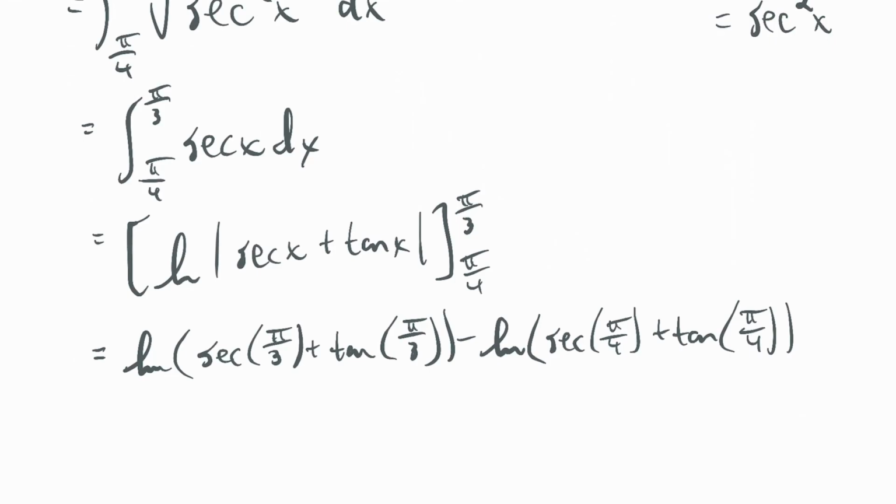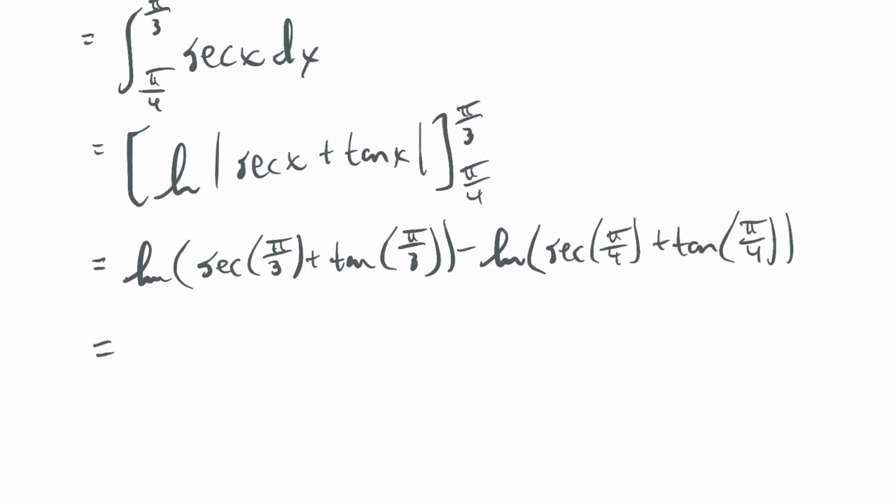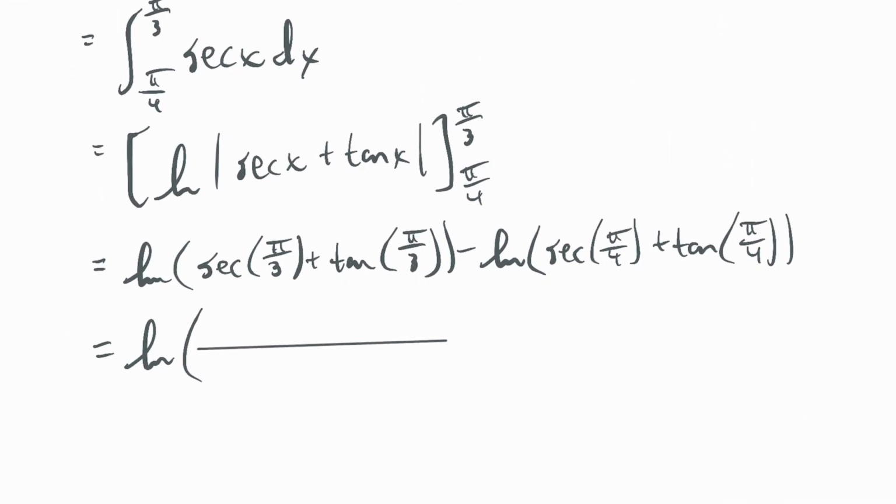pi over 4. So I have a difference of two logarithms, right? If you have ln a minus ln b, you can write that as ln of a over b. Let's go ahead and do that. So this is ln of a big fraction, and the first argument will go on top. Secant of pi over 3, that's going to be 2. So 2 plus tangent of pi over 3, that's root 3. Secant of pi over 4, that's 2 over root 2, so that's root 2. And then tangent of pi over 4, that's a 1. So there we go. That is